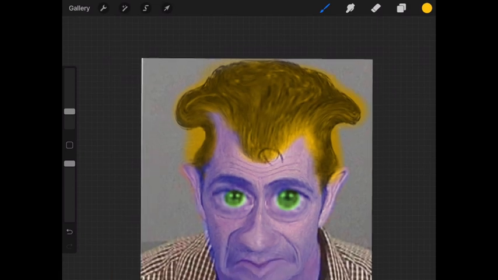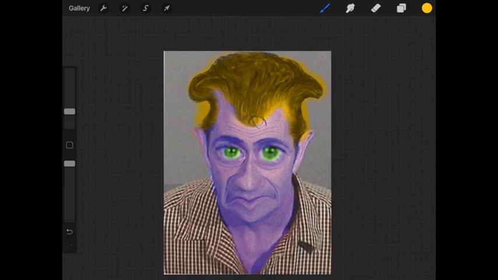There we go. Now we've got Mel Gibson with bluish skin, green eyes, and orange hair. Now the next skill we're going to learn is how to layer mask. Now I want to take that gray background off of the picture, and we're going to use a layer mask